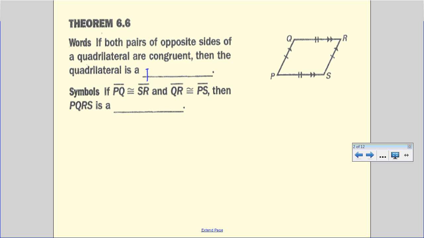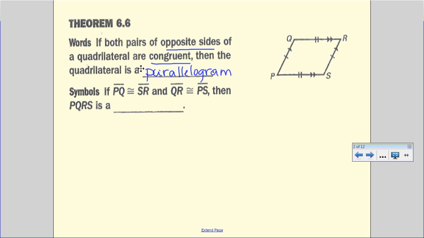Let's try that again. I must not have backed it up. Then the quadrilateral is a parallelogram. All right, so we see this oftentimes. We talk about special things like, oh, rectangles have opposite sides that are equal. Squares have opposite sides that are equal. But there's other things we need to know about a rectangle or a square. So the first thing I can start with, if I know opposite sides are congruent, if opposite sides are equal,